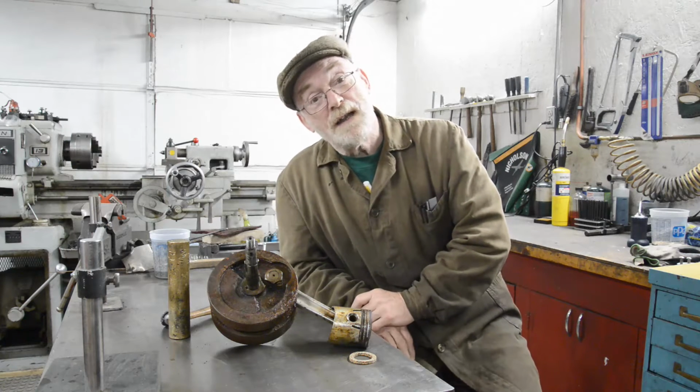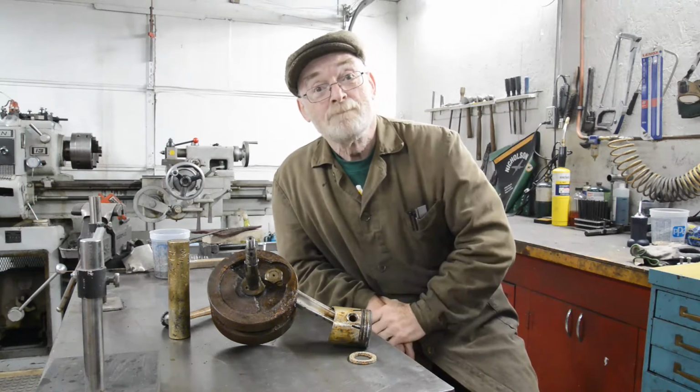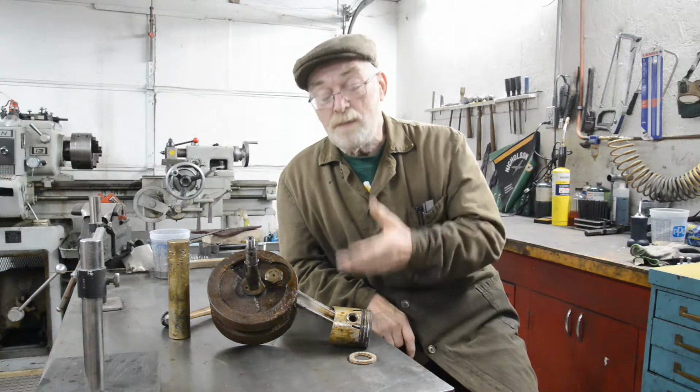And that's often what I like to try and show here. I've got a mill and a lathe and all the rest of it and all sorts of stuff, but whenever possible I like to show you things the way they were done and the way you can do them. So we come to some of the things. Now,